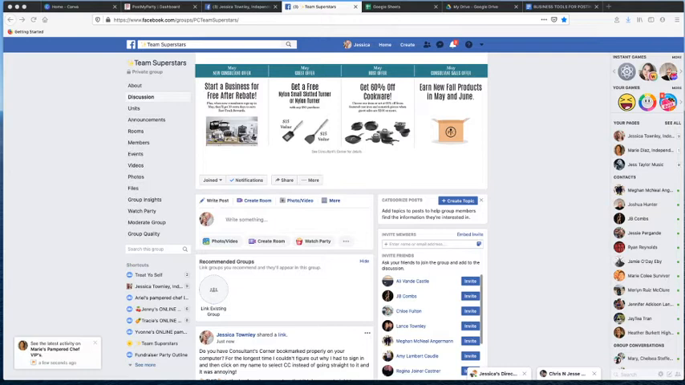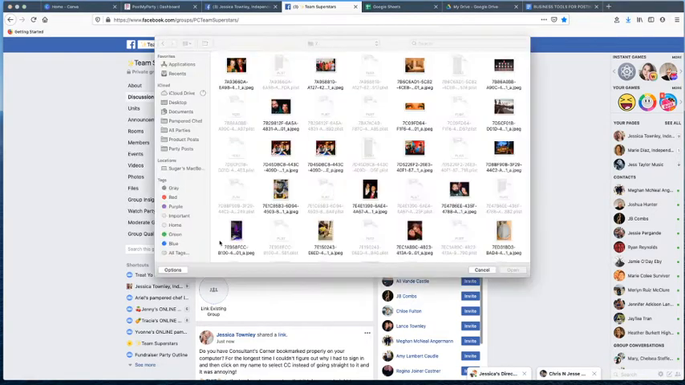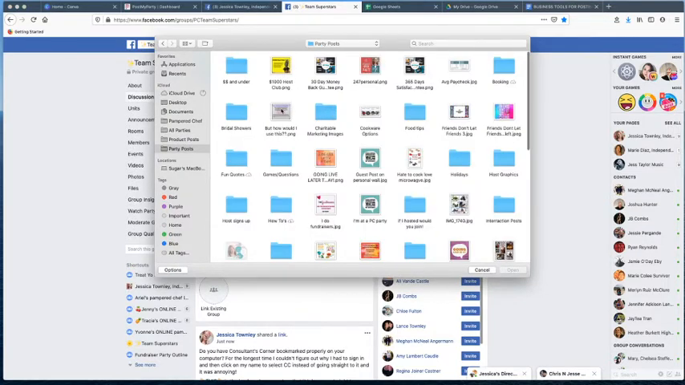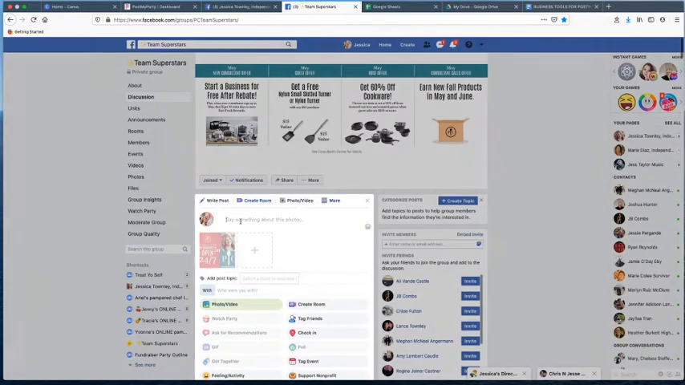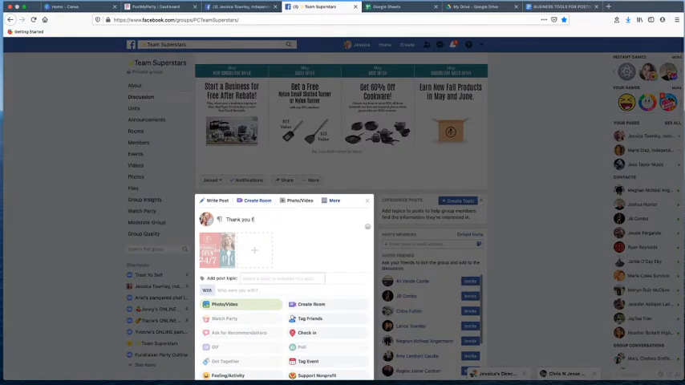Here is a very quick tutorial about how to use Facebook Scheduler in your groups. So I'm actually in our Team Superstars group, and let's pretend that I want to put a graphic or a post as if this were maybe a show. And I want to tell people that my business is open 24/7. So I would say, like, thank you for attending the party. Can't wait to